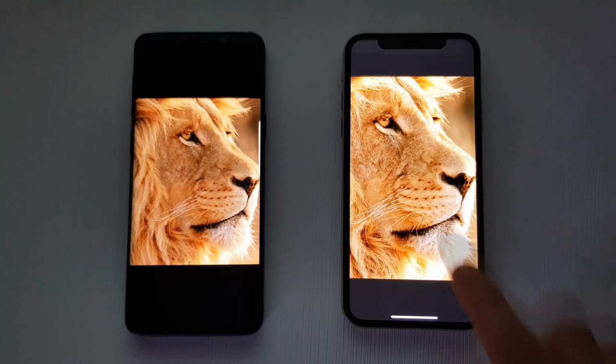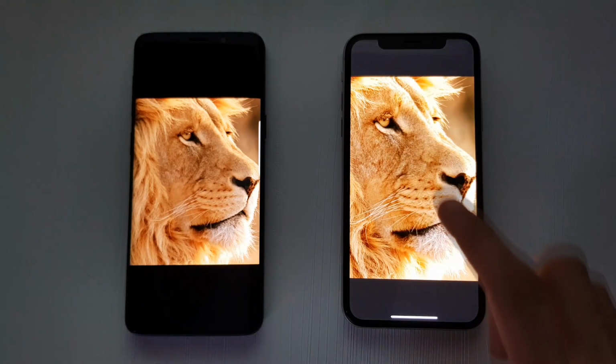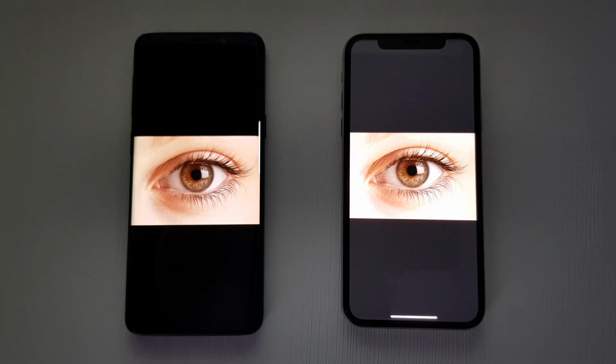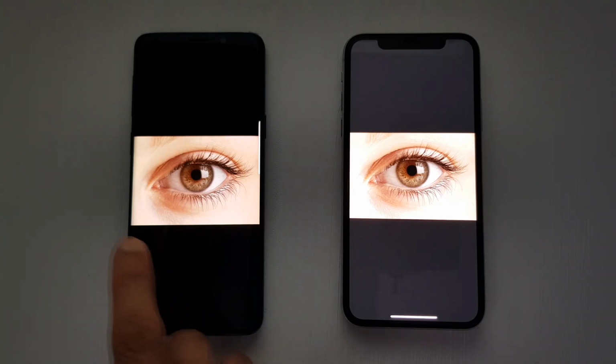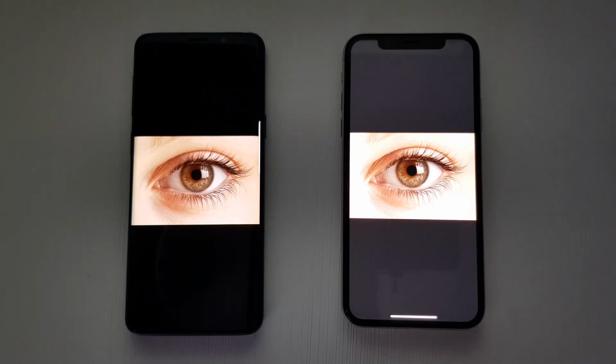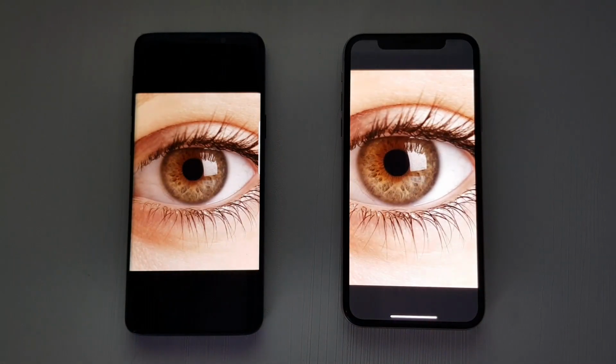Certainly in my opinion, on the face here, and the hair follicles seem to be more standing out compared to the Galaxy. But on the outskirts here, the iPhone X, also along the top here, seems to be washing out those colors in terms of the higher brightness on the photograph, whereas the Galaxy still seems to be maintaining those details. A random eye here, but the iPhone X again seems to be washing out those colors a little bit where it's a bit too bright maybe compared to the Galaxy. The Galaxy naturally has those warmer tones compared to the iPhone, but if we get in here you'll see,